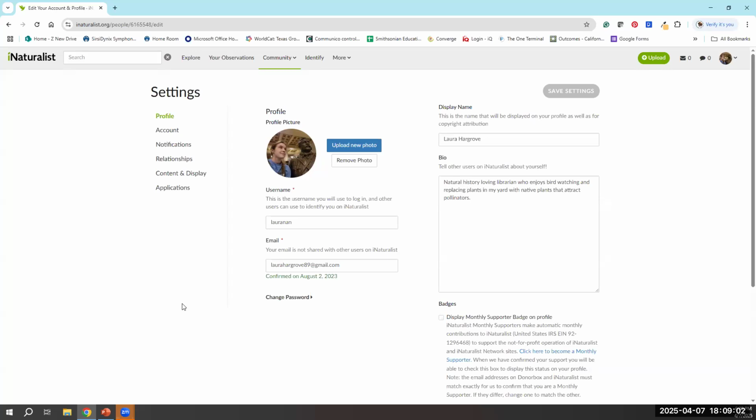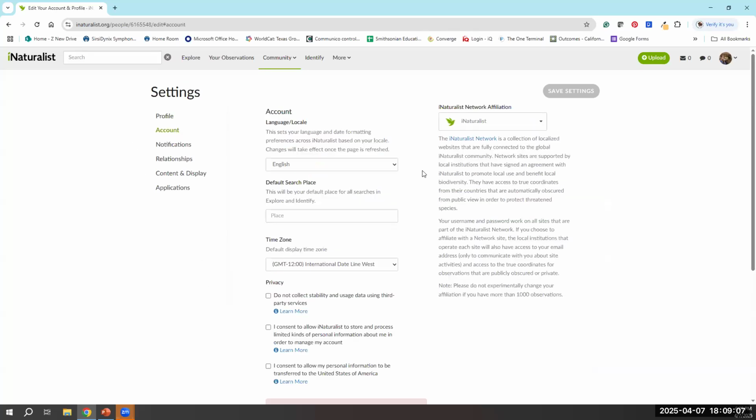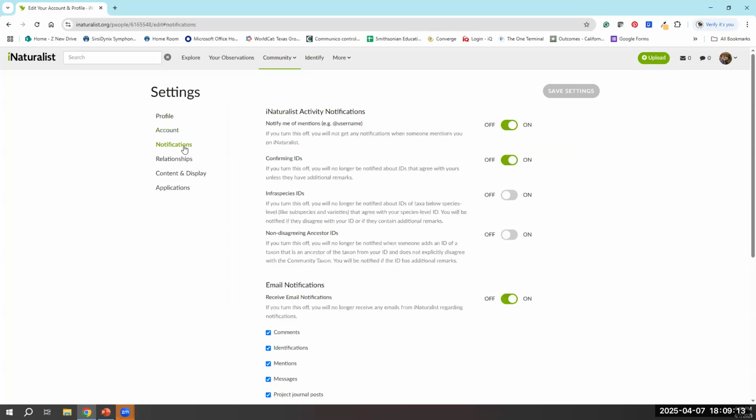This is where you're going to put it. And under Account, you can choose your language and your time zone as well. And then Notifications lets you pick what kind of notifications you would like to receive. If you do not want to receive any emails, that is an option under Email Notifications.